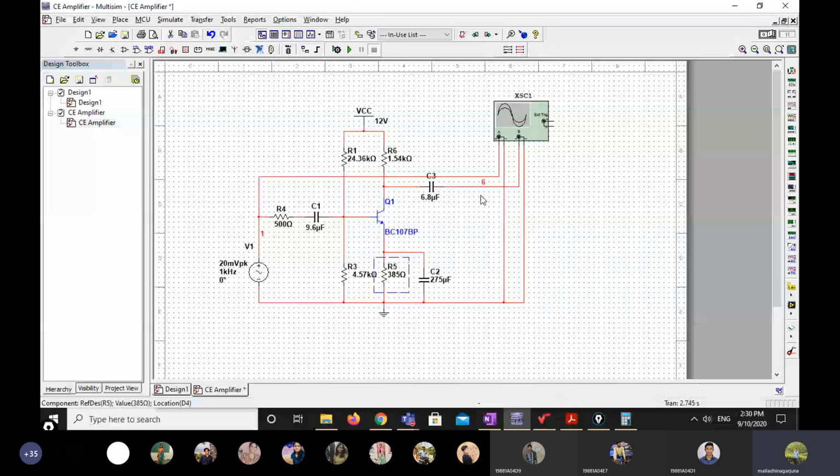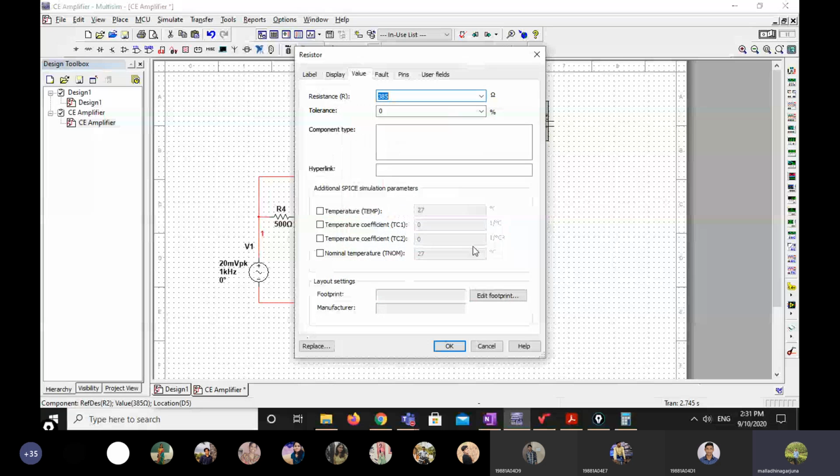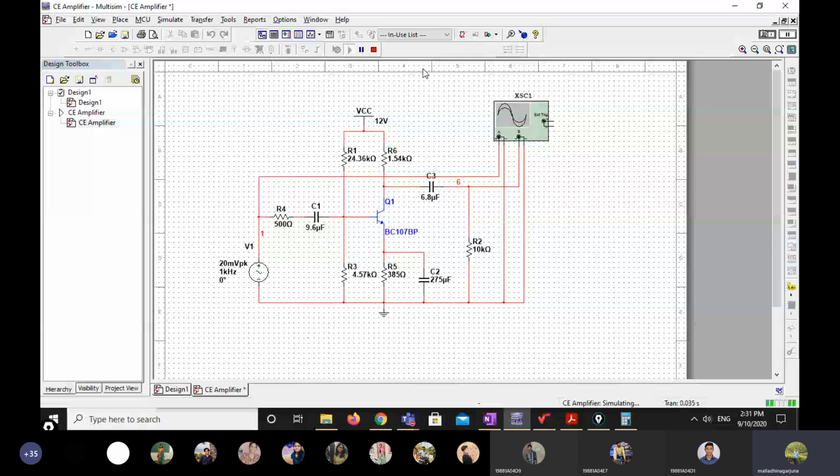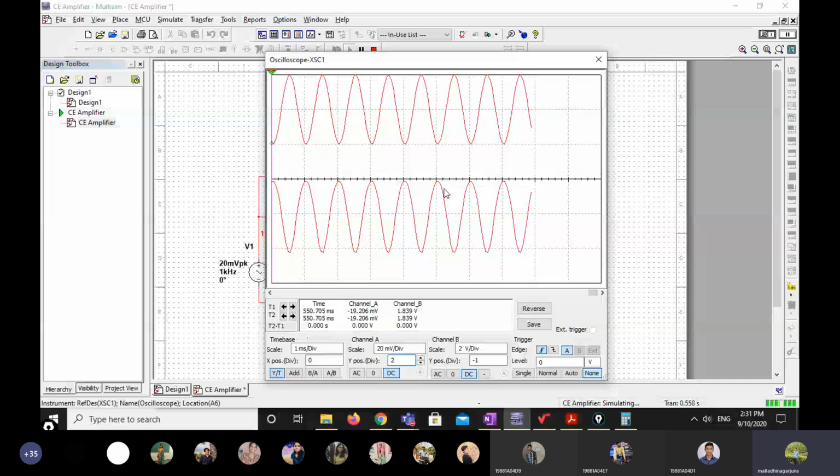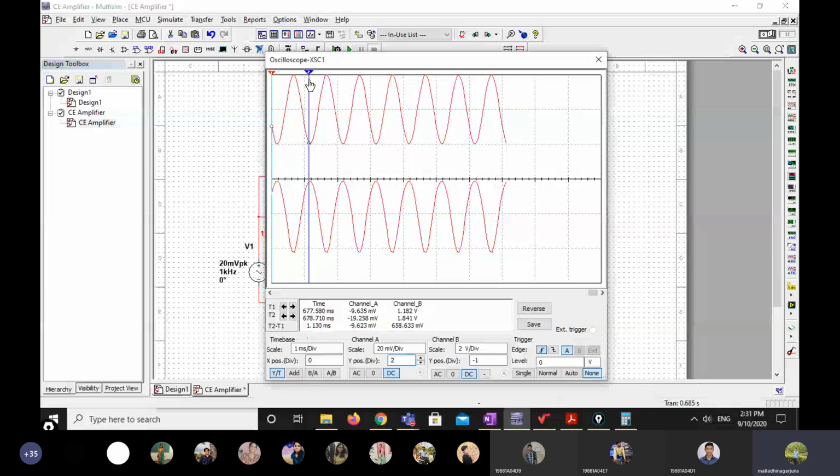But what is the range of the load resistance? That is 10 kilo ohm to 100k. So if I keep here, I'm just taking 10k. If I'm taking a 10 kilo ohm resistor, now I'll show you that. Something, it will be less. Now see, the voltage is 4 volts. Previously I got 4.66, but now I got only 4.06.